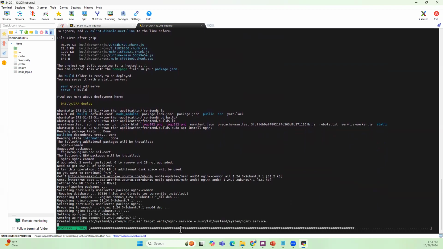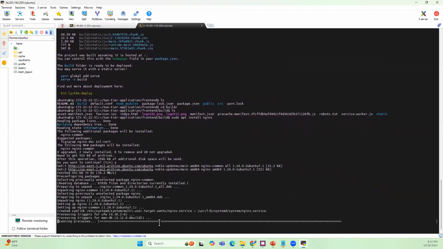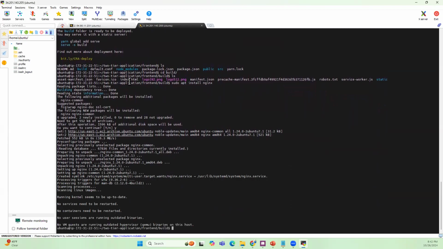So our nginx is installed. We need all these files because, as you know, the nginx root location is /var/www/html to deploy the application, I mean, to run the application. So we need to copy all these and paste them into this /var/www/html, the root path. To do that, we do sudo cp -r